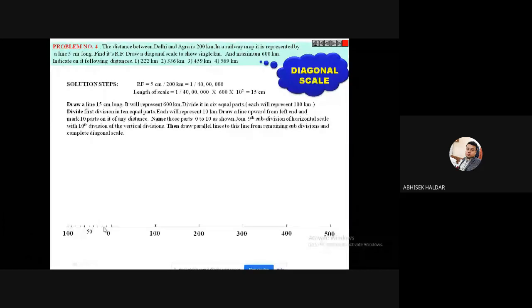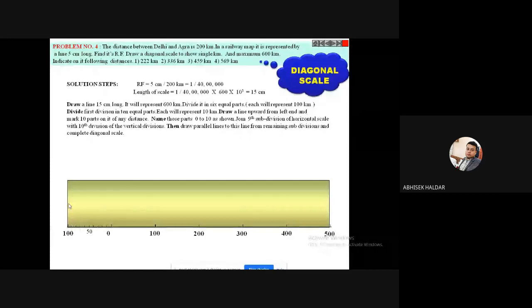Next, you have to take a height for the scale. Obviously we need not color it here, it is given in color, but you just have to take a height and complete this rectangle so that it looks like a scale. Draw vertical lines from each of the main unit divisions. There is no particular rule for the height of the scale, but it should not be more than 4 to 5 centimeters.